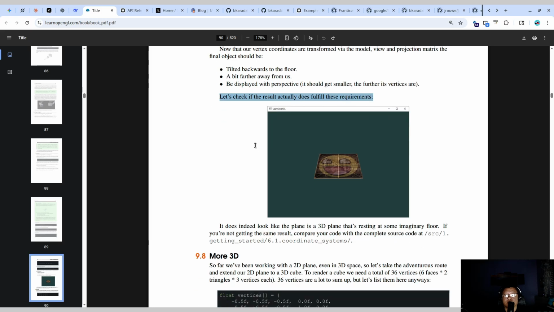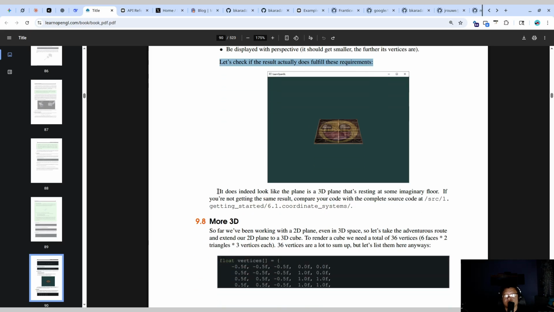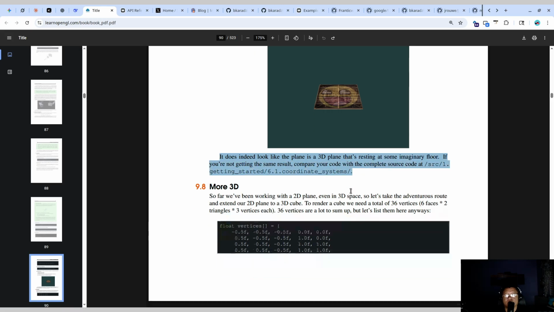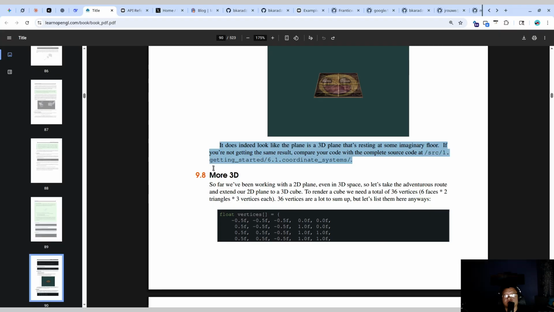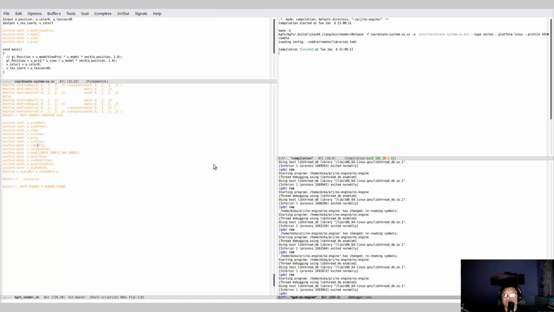Let's check if the result actually does fulfill these requirements. It does indeed look like the plane is a 3D plane that's resting at some imaginary floor. If you're not getting the same result, compare your code with the complete source code at /src/1. Getting started / 6.1 coordinate system /